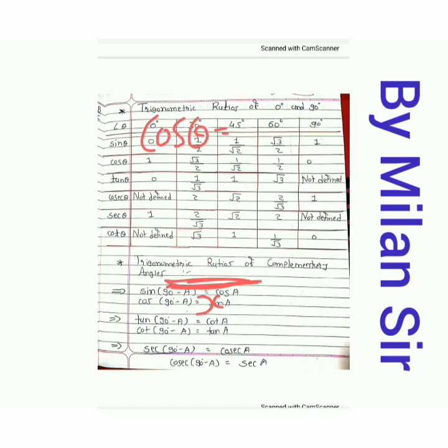And what is the formula of cos theta? Adjacent side upon hypotenuse. Both are x, then x cuts, and the answer is 1. So I can say that the value of cosine at theta equal to 0 is equal to 1. These are the degree values. At 0 degree, sin 0 is equal to 0, cos 0 is equal to 1. So this value I have written here.